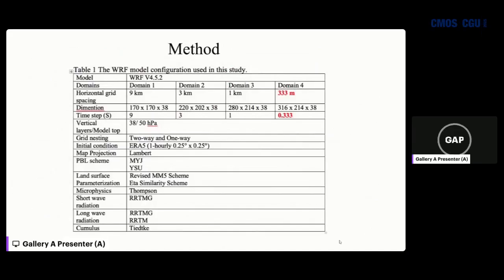We use the WRF model version 4.5.2. We define 4 domains, from 9 kilometers down to 333 meters, and the time step is very important. As you can see here, for domain number 1, we use a time step of 9 seconds, which is a very small time step, and the reason is that the steep slope area